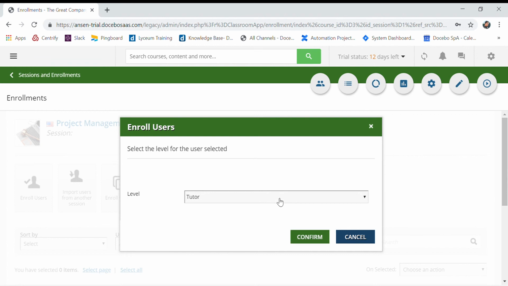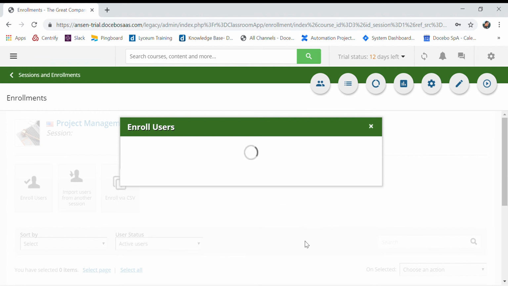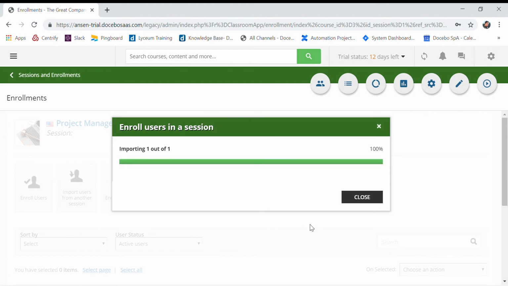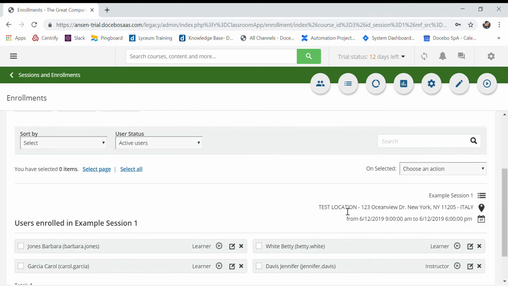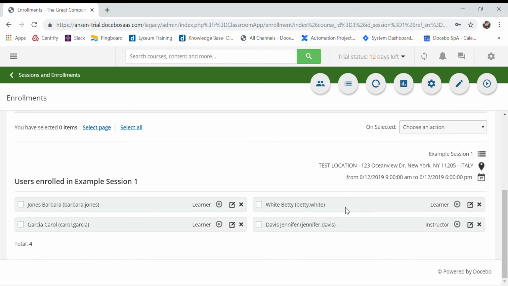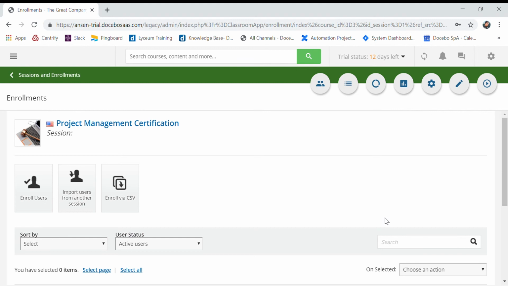So let's go back to our sessions. We'll see that this user is enrolled. I can access the evaluation and attendance sheet. We'll see that this attendance sheet now lists our user. Now for each of the 2 sessions, we can mark this user as having attended or as not having attended by simply unclicking